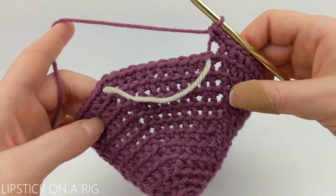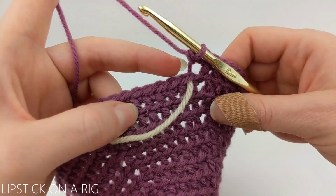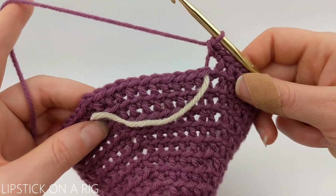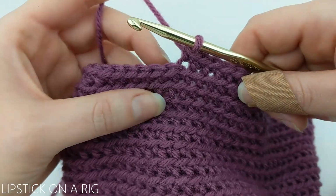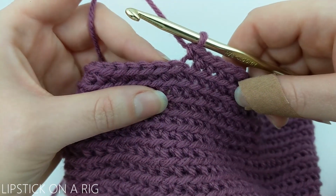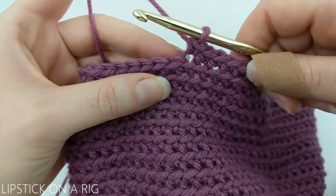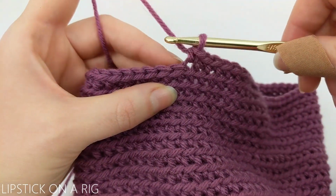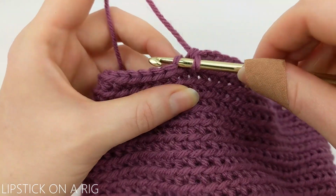So from here, we're going to place 12 rows of placing 1 single crochet in the back loop only of each stitch in each of our rows. And once you have crocheted roughly 12 rows of single crochets in the back loop only, then we're going to start our decreasing pattern. So the pattern for the first row of decreasing is going to be to place 1